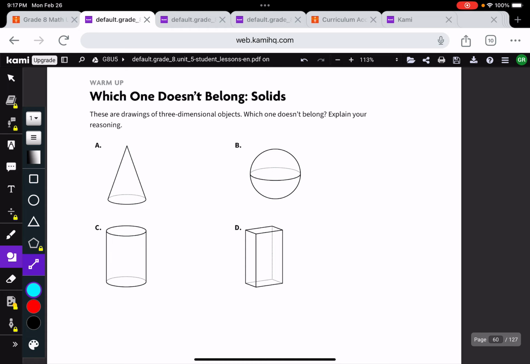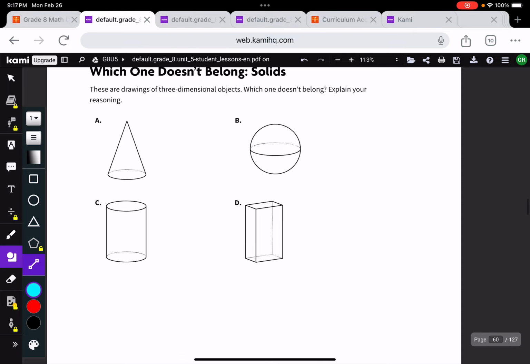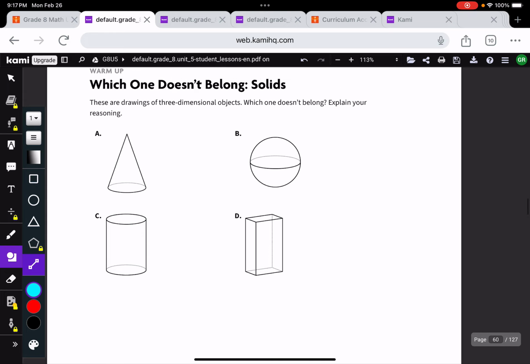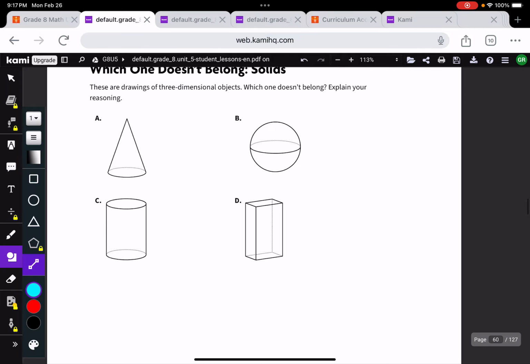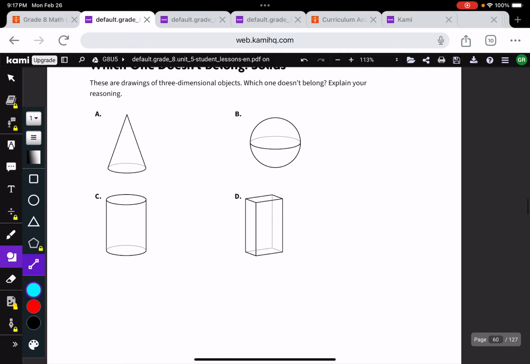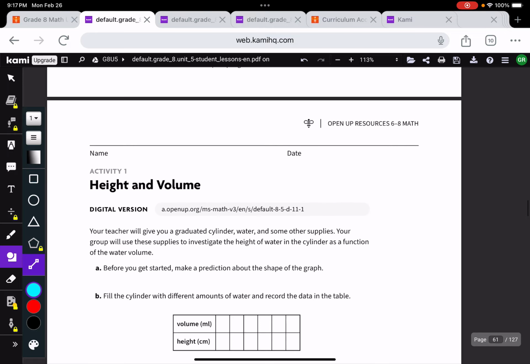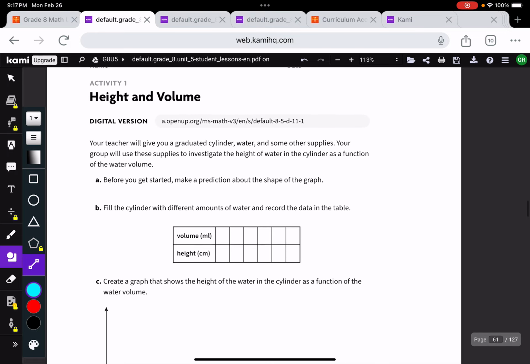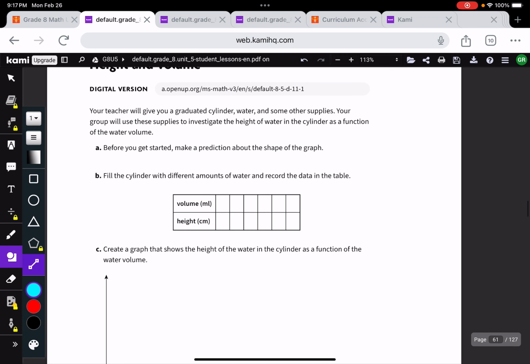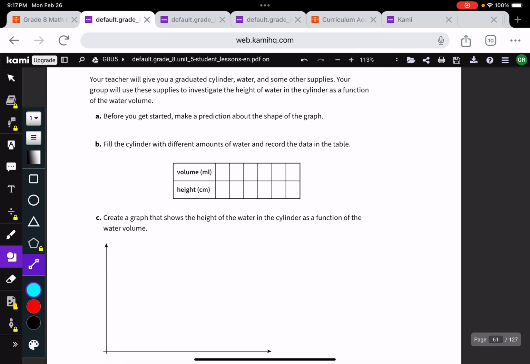But if you could take a minute to write down just real briefly why you think A doesn't belong, or B, or C. And if you can't think of a reason, then go ahead and stick with D. Hit pause if you need to, otherwise we're going to move right on to activity 1. It says your teacher will give you a graduated cylinder, water, and some other supplies. If you want, I have given you a link